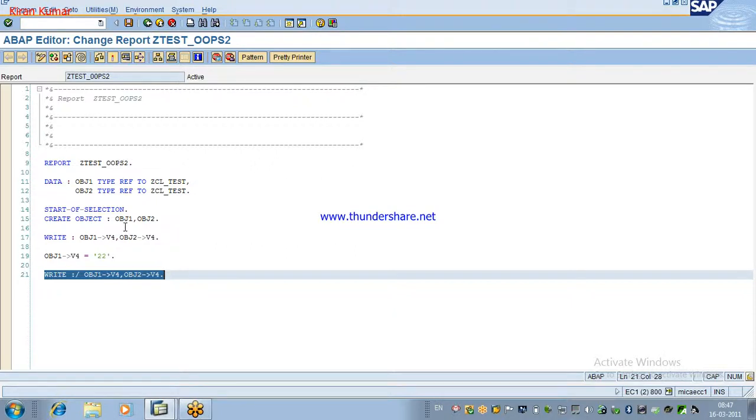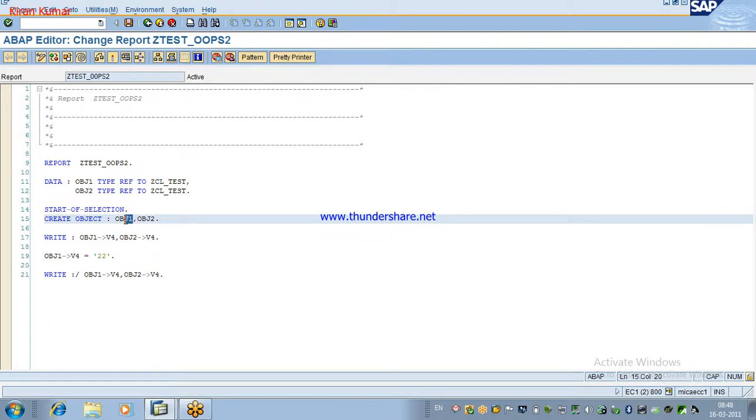Now in words, if in an interview somebody asks you the difference between instance and static, then what you can say is, for instance components, if you change the value for one object, the other object values will not get affected. I am changing object 1 v1 value; object 2 v1 will not get affected.